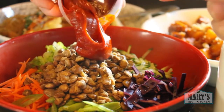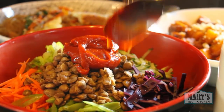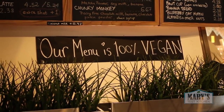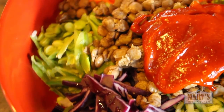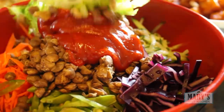Bibimbap is a Korean dish that literally means mixed rice. It's got mixed veggies on warm rice, and it usually has meat, but of course everything on the menu is vegan, so we have yummy lentils. The sauce is the taste maker here. It's so pretty, I almost don't want to ruin the look by mixing. But that's the way it's done, so...